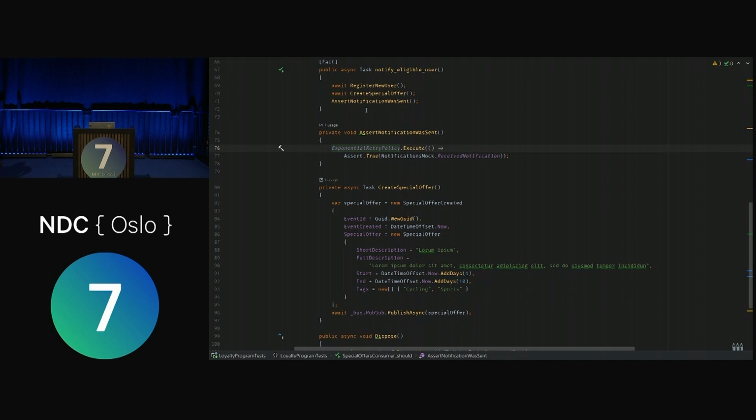Sort of show of hands, do people know Polly? Okay, so I'll not talk a lot about Polly, because I think 80% put their hand up. So we're using Polly in order to do some retries and wait, which is sort of a fast way of waiting. And when it works, this will just run through really, really fast. And when it fails, it's slower because we have to wait for the retries and the timeouts and stuff. But I'm an optimistic person, so I tend to like that it's fast when it works, because it probably does most of the time. So there we go. That's one of these service level tests.